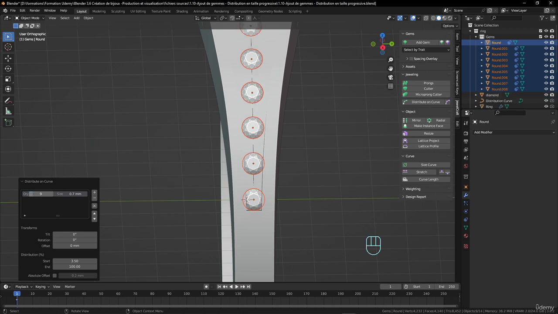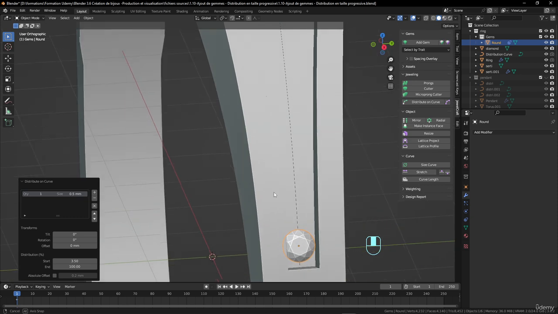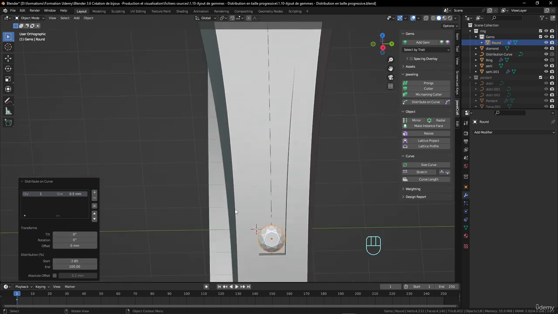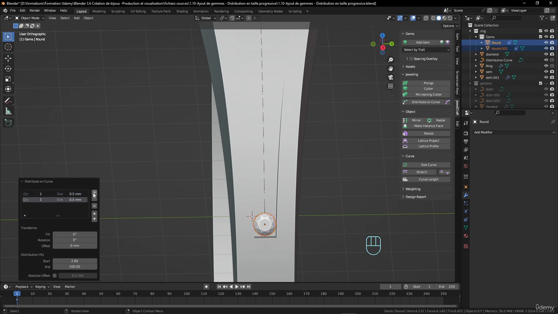So let's say the quantity for the first will be 1, because we want only 1 there at this size, and the size might be 0.5. It's little, but it seems that it will be this. Okay, let's add another one, and let's add a distance here, absolute offset. You can see, so 0.2, it's a little bigger, I guess 0.1 will be good. And let's increase the size of the second one, and again,